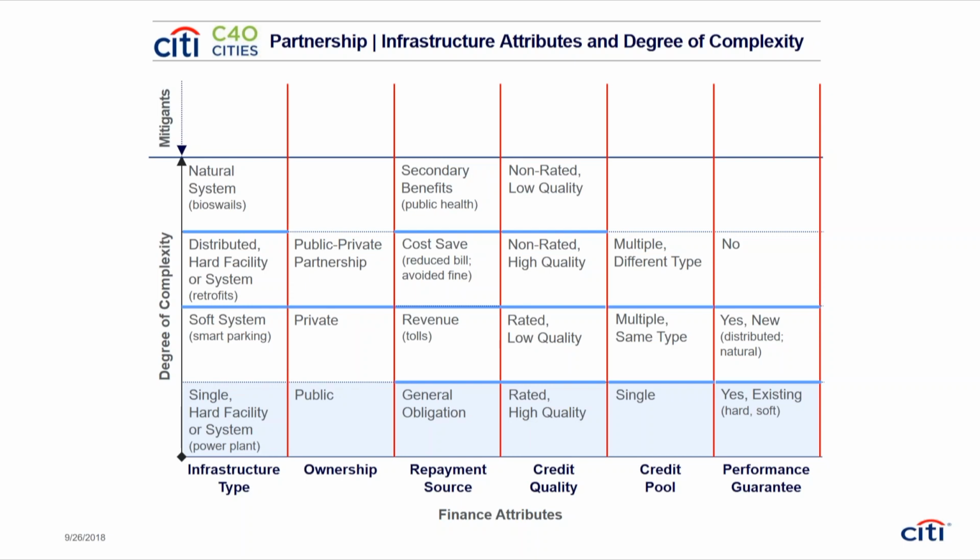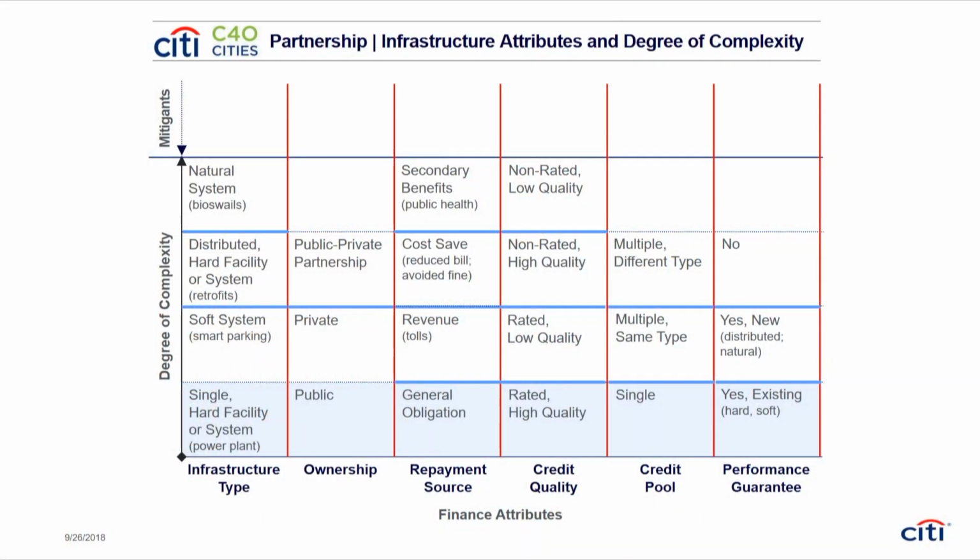The repayment source on stormwater, a portion of it could be cost save. I'm sure there's secondary benefits that would arise. And I believe for revenue, I know Philadelphia is doing this, I'm not sure about DC, but they satellite mapped the city, I think in Philadelphia, and are charging property owners for stormwater based on how much impervious land you have. So if you're a parking lot and it's not pervious asphalt, you're going to be paying more than a property that has a lot more pervious land.